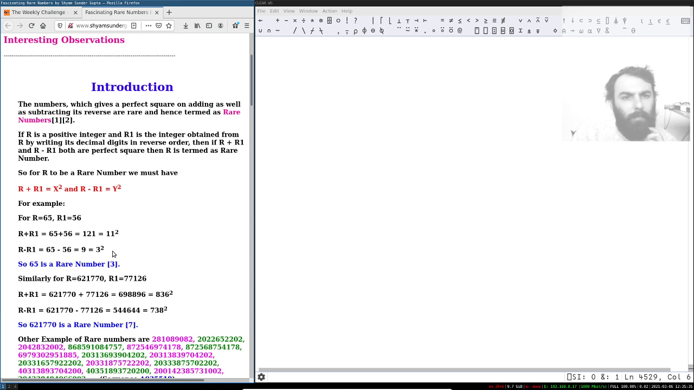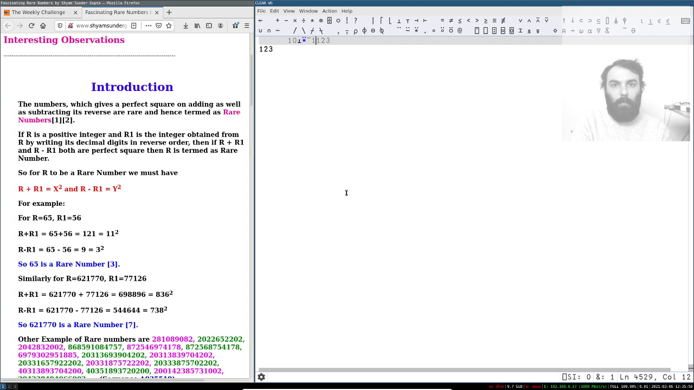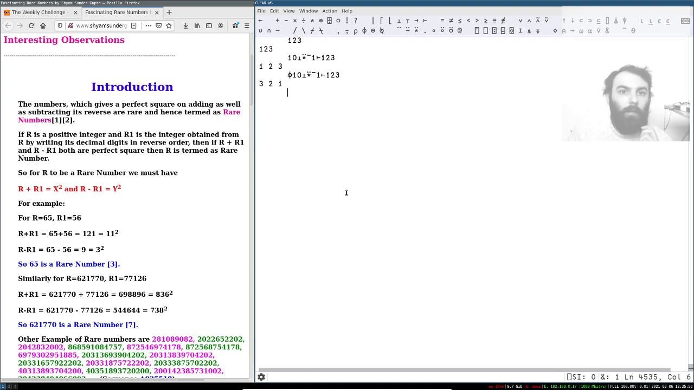What is r? A positive integer. r1 is the integer obtained by writing its decimal digits in reversed order. So if we have 1, 2, 3, this is our positive integer. Then we take the reverse of 1, 2, 3, and then 10 base of that. So this would be a thing called under,